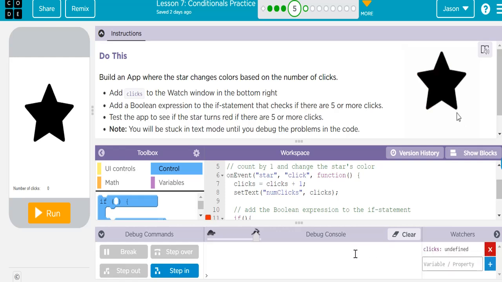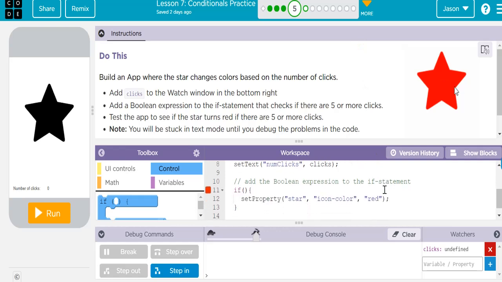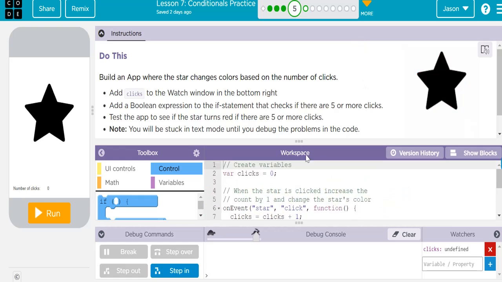And so now add a Boolean expression to the if statement that checks if there are 5 or more clicks. Test the app to see if it turns red if there are 5 or more clicks. You will be stuck in text mode until you debug the problems in the code. And you can see that if I try to show blocks, it's not going to allow me to get back. So looking at the code here,